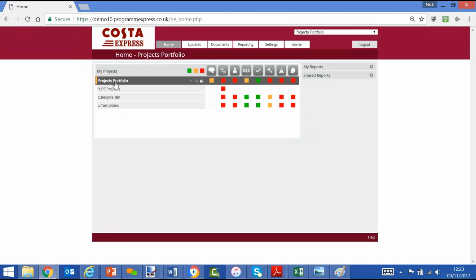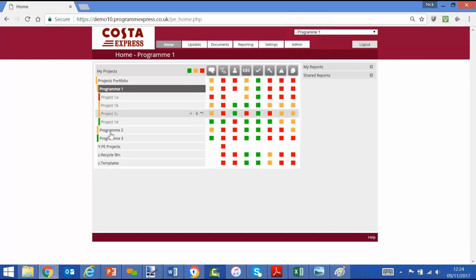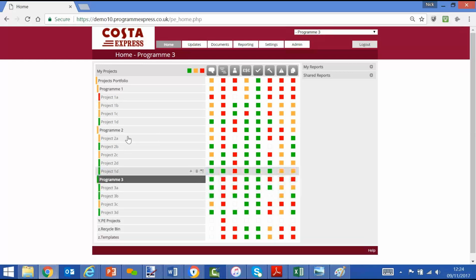And from this screen, the whole idea is that you can see and do most things from here in terms of viewing and drilling down into data and screens and running reports. So if I open up the portfolio, purely demonstration structure, you can have whatever structure and number of sub-levels as you require. But from here, what I can now do is I can see the health of the projects using